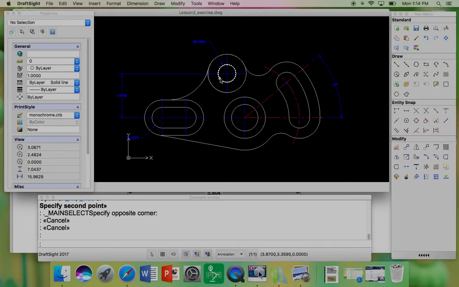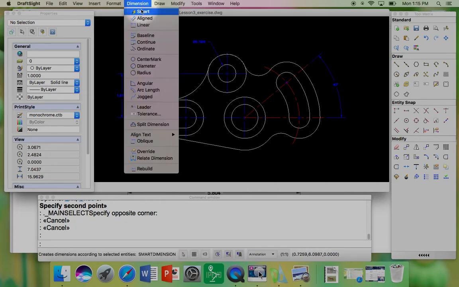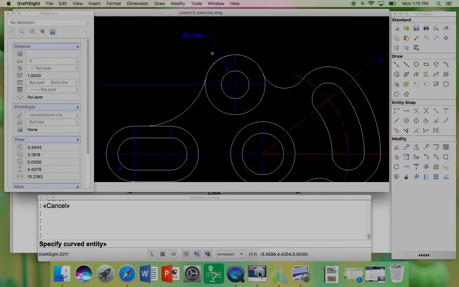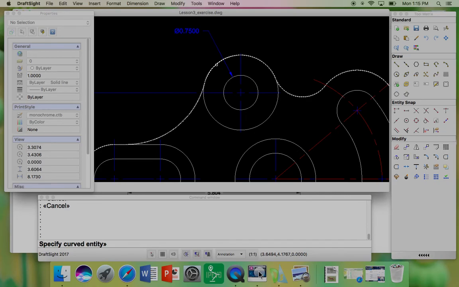Alright, so now I think all we have left to do in this tutorial is finish adding dimensions. So look out for when you're dimensioning a radius and when you're dimensioning a diameter. Diameter and radius are two different things. Okay, so let's measure the diameter of this circle. In terms of the placement of your dimensions,